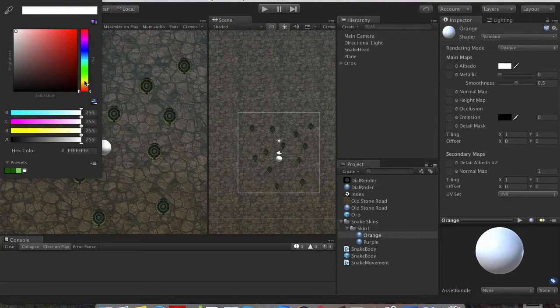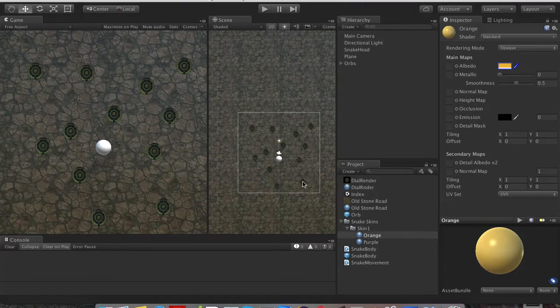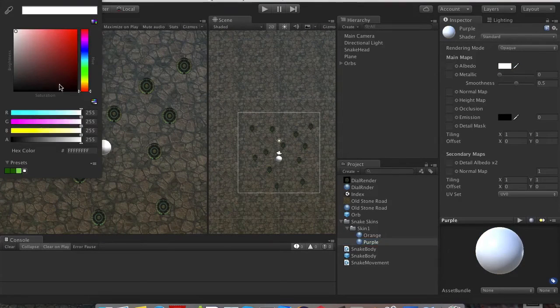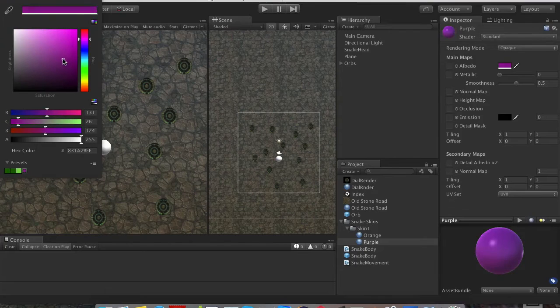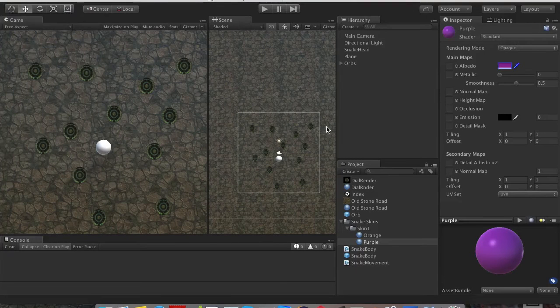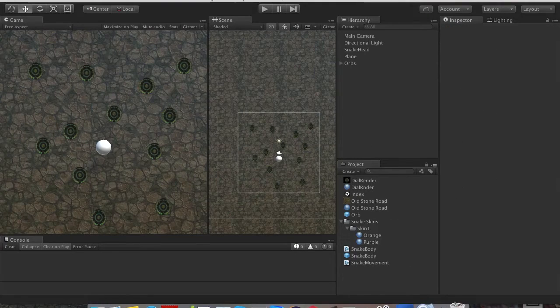Let's set the color to orange. Nice. Purple, set it to purple, something darkish, that's right. Okay, so if we go back into our code